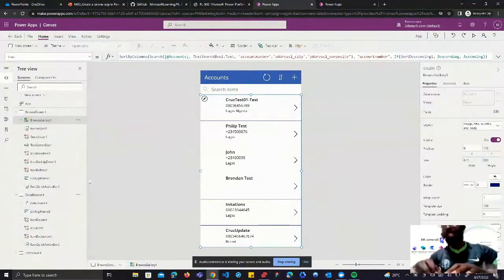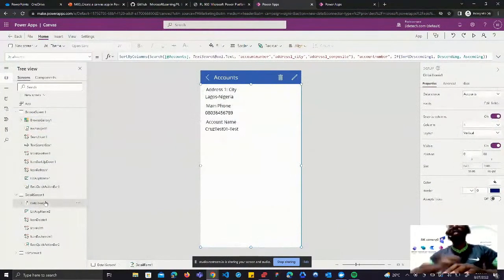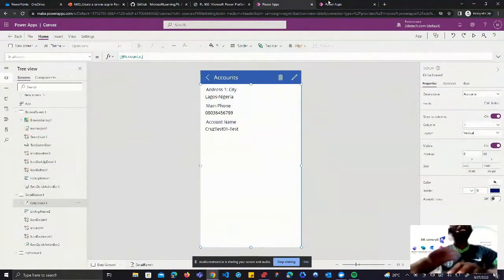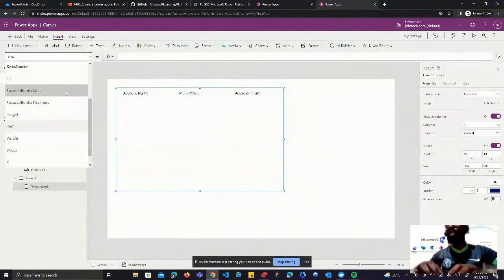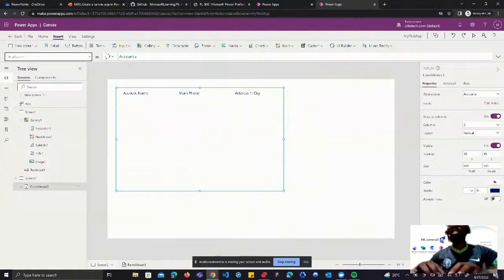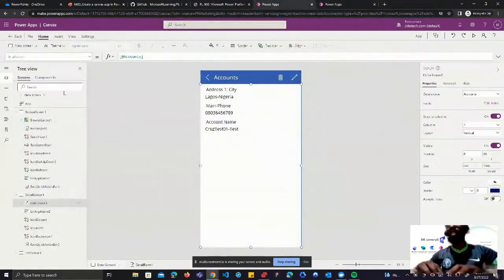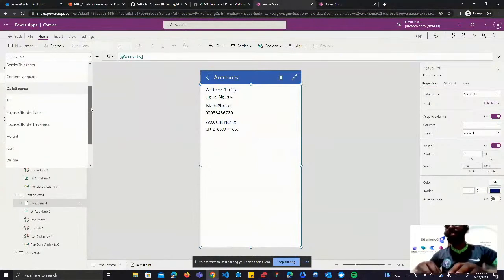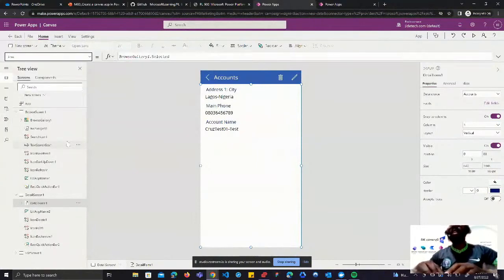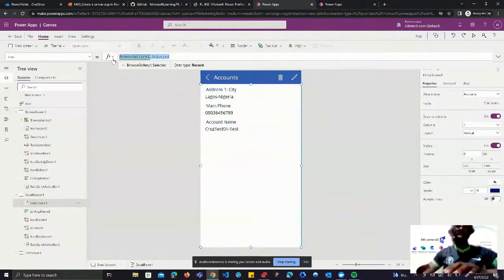Go to my detailed form one and look at data sources, accounts. I come here and compare also. Do I have the account as my data source? Check. Come here also. Okay, fine. I want to see what the item is like. Is there an item? Oh, it's an item. And it tells me browse gallery one selected. So what it does is this, I'm going to copy this out also,